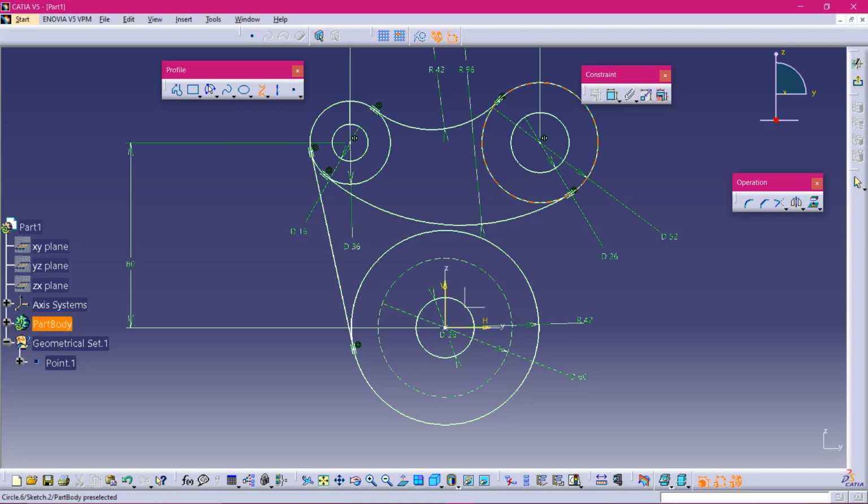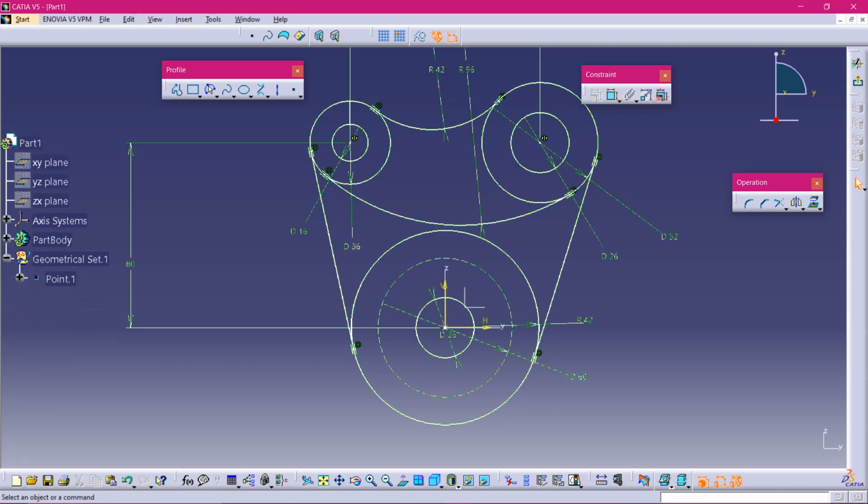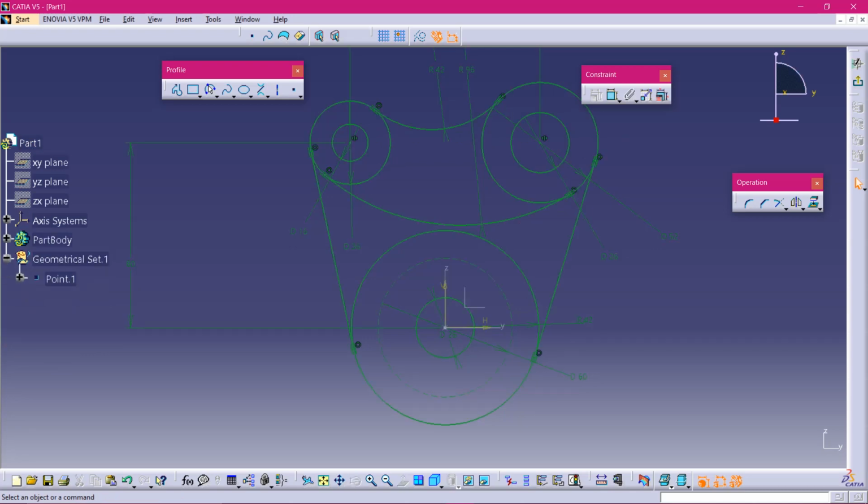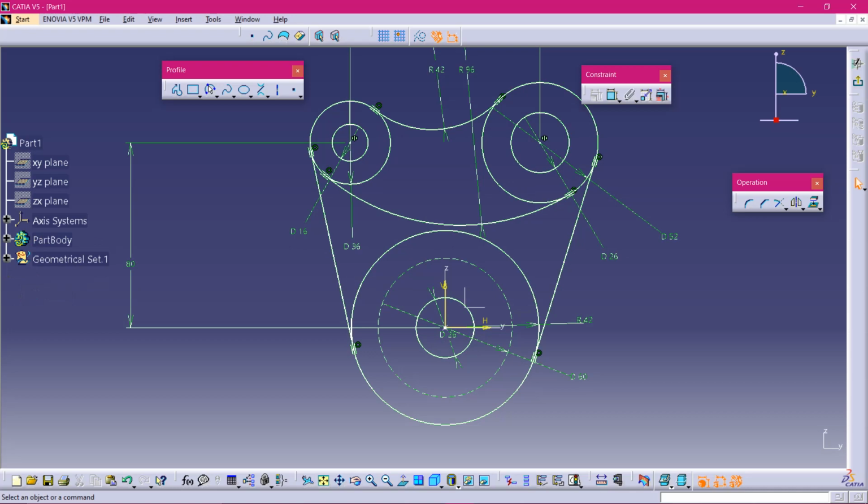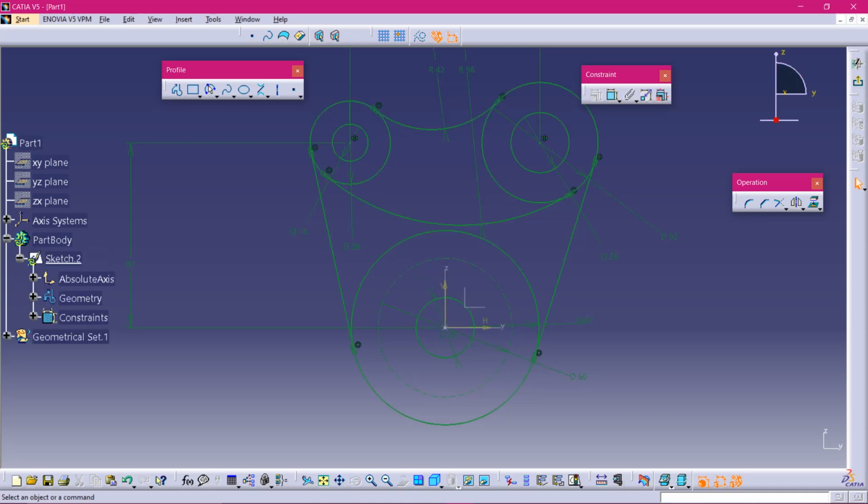One more thing: you can draw this line similar to this, or when you go to Part Body and click on the tree, your tree must be small here. See my tree, that's Sketch 2.